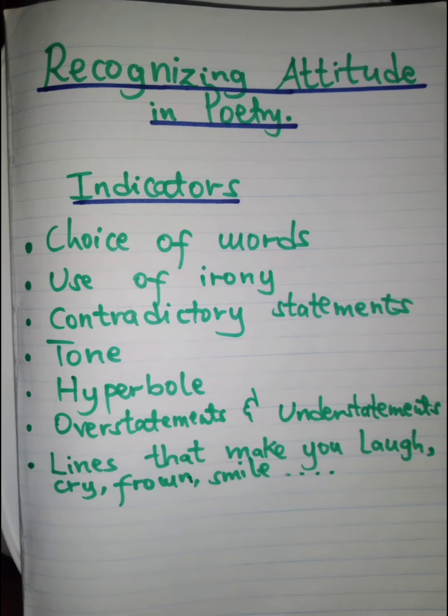Rather, it is advisable to use adjectives that specifically identify the attitude in the text. Words negative and positive are considered vague because they hardly capture the correct attitude intended by the persona or the